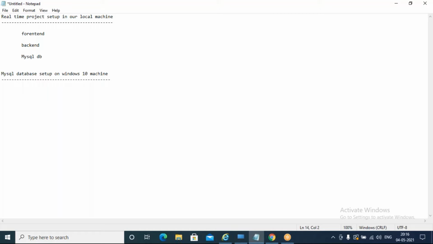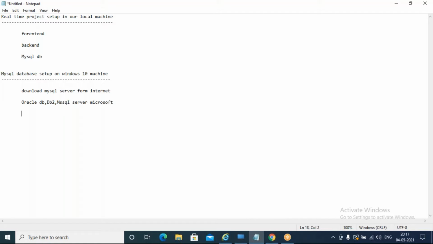To do the setup, we need to download MySQL server from the internet. MySQL server is also a database server, like Oracle DB. We have DB2 from IBM, and MS SQL Server from Microsoft.